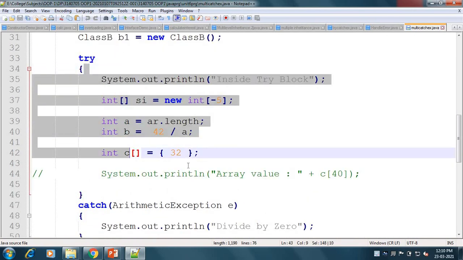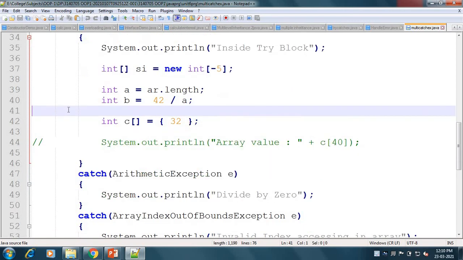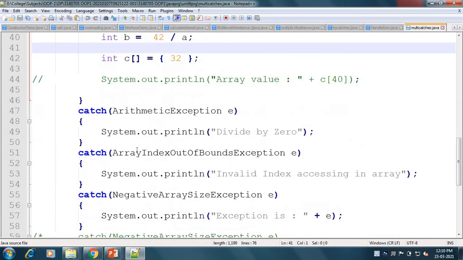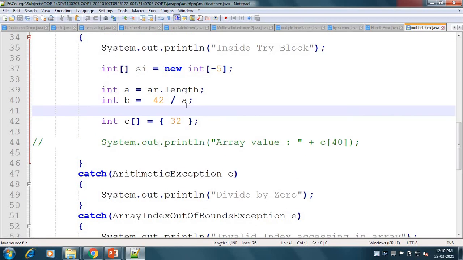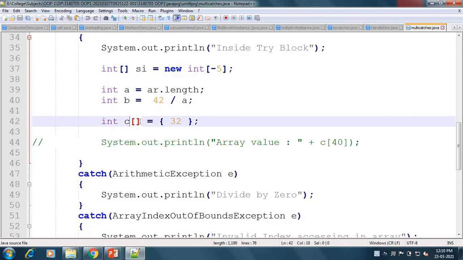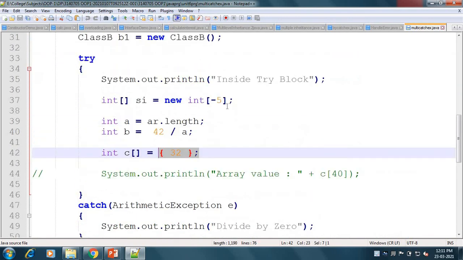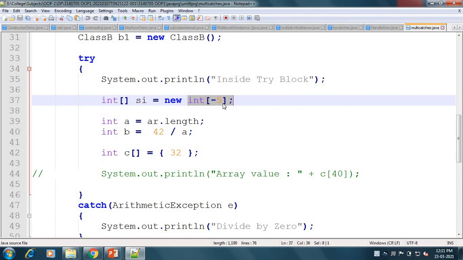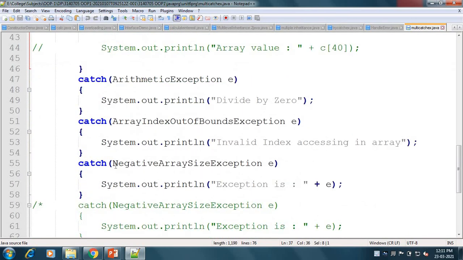Here our try block is this. In this try block, 42 divided by a can be a divide by 0 exception. Here is an ArrayIndexOutOfBoundsException. If we do not have any value here, if we do not have any size of c, then an array index out of bounds exception can also happen. If we put our index as -5, then a NegativeArraySizeException can happen.